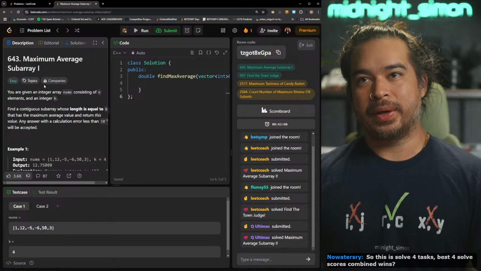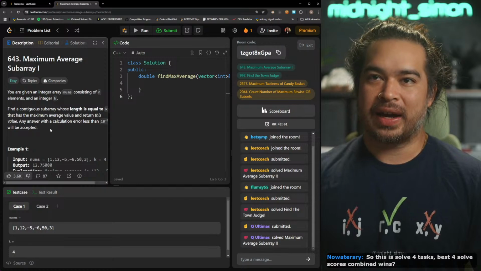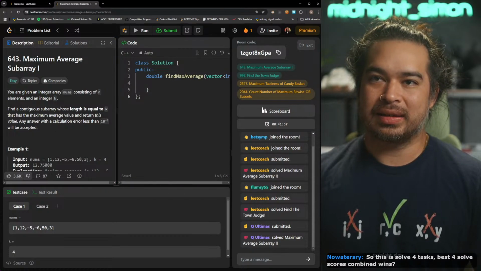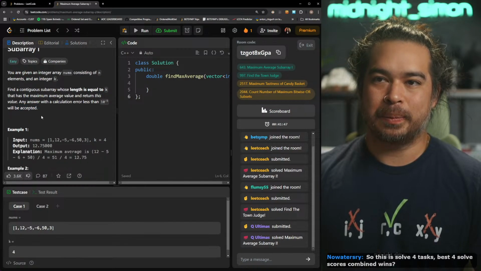All right, maximum average subarray part 1. You are given an integer array nums consisting of n elements and an integer k. Find a contiguous subarray whose length is equal to k that has the maximum average value and return this value. Any answer with a calculation error less than 10 to the negative fifth will be accepted.